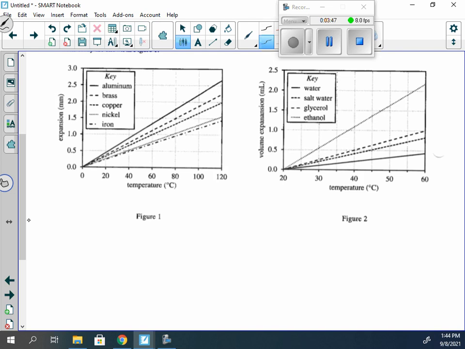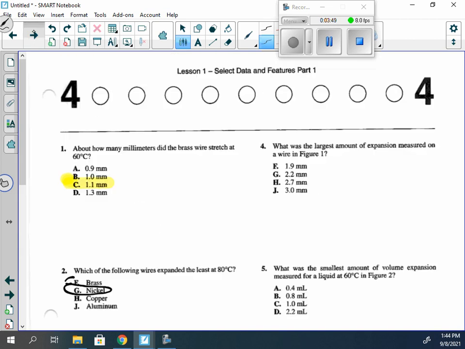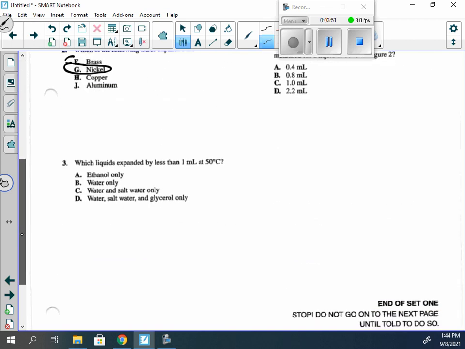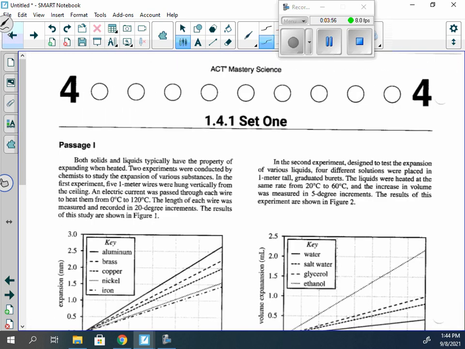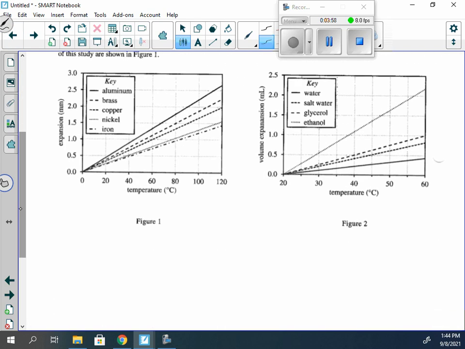Figure 2, okay. Less than 1 milliliter at 50 degrees Celsius. Well, that's everything except for what? Ethanol. Ethanol is the only one that was below 1 milliliter, so everything except for ethanol, so water, salt water,